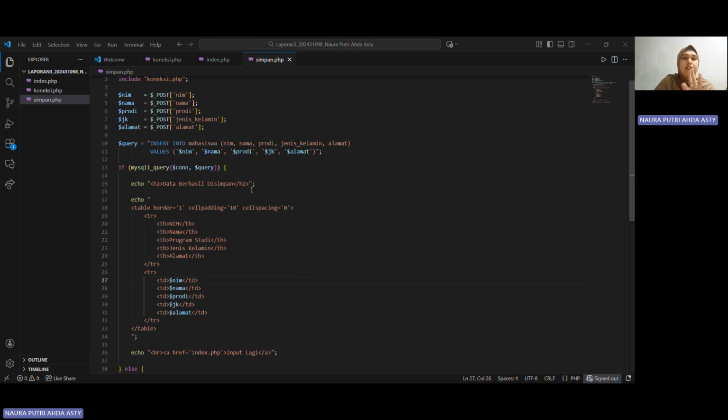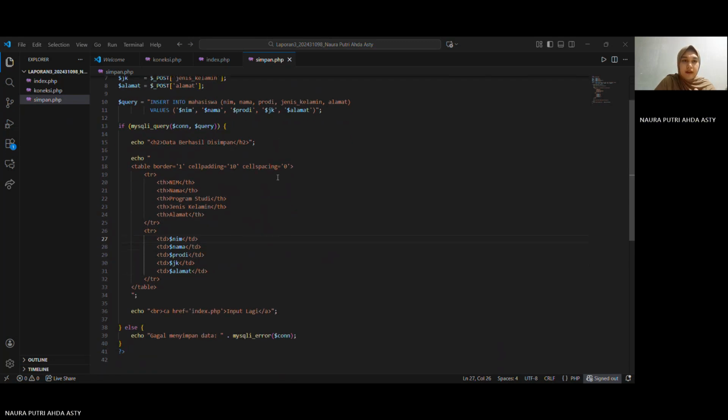And then after that, I create an SQL query. This one will insert the data into the table that I will make.